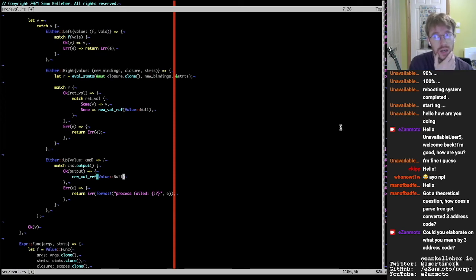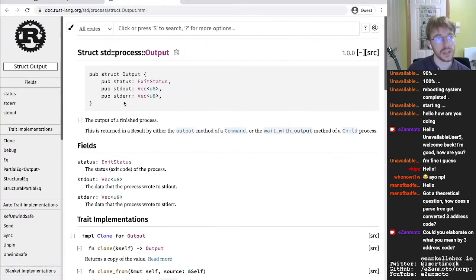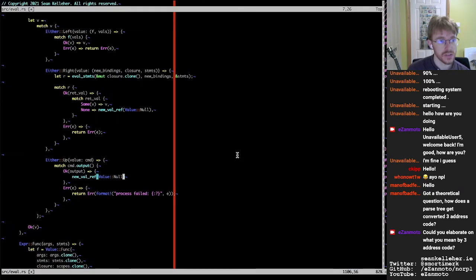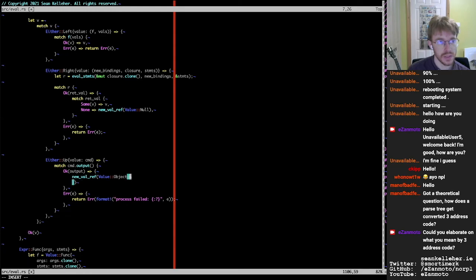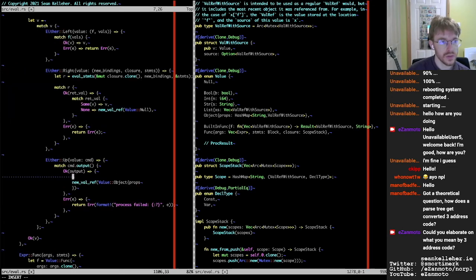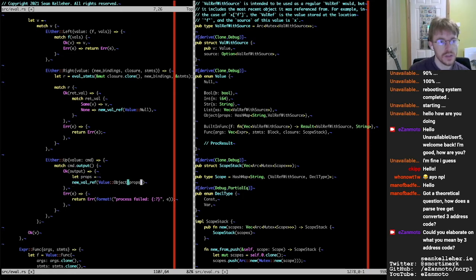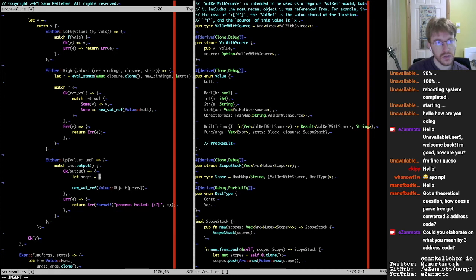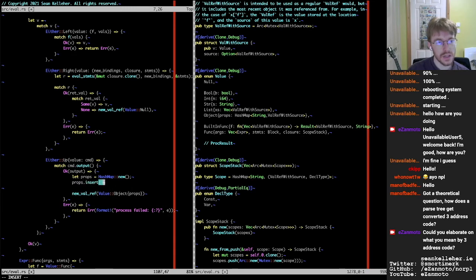At the moment it'll be an unsafe operation, but just to illustrate the concept, I will be converting standard out and standard error to strings. So this will be an object, which would be props, and I think that's a hash map, isn't it? So let props is equal to hash map new, props insert. I could probably do a from thing where I have a vector of key value pairs, but just in the